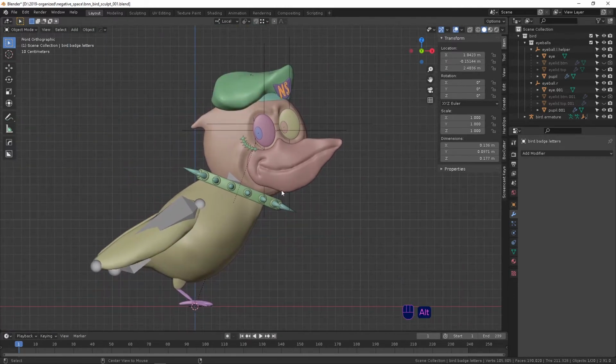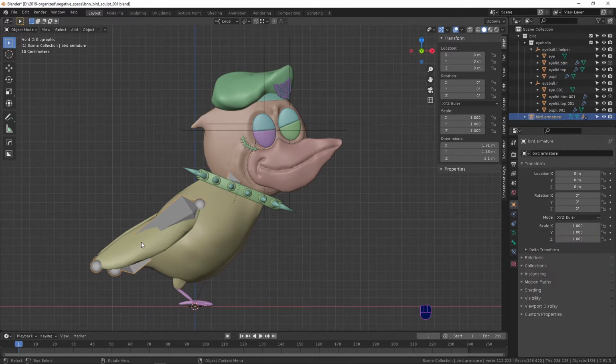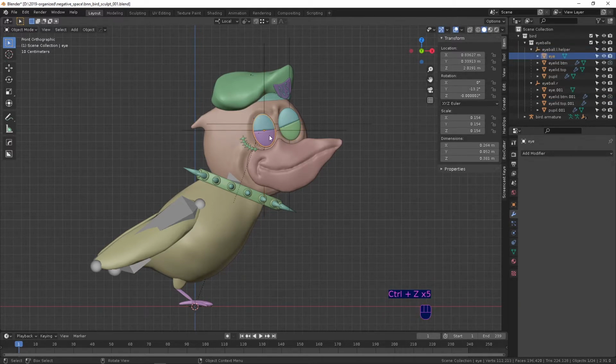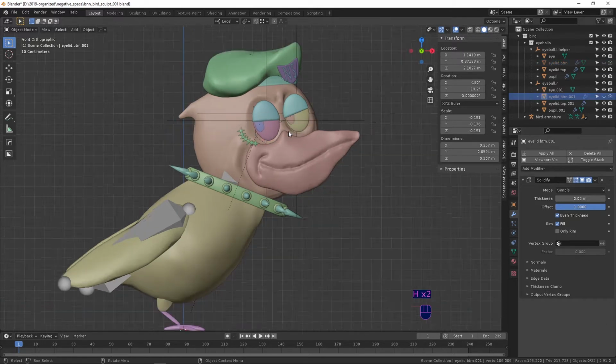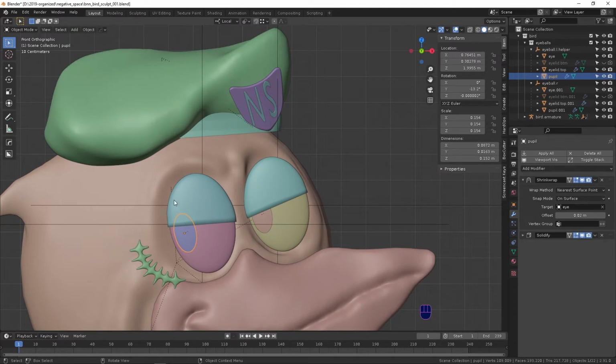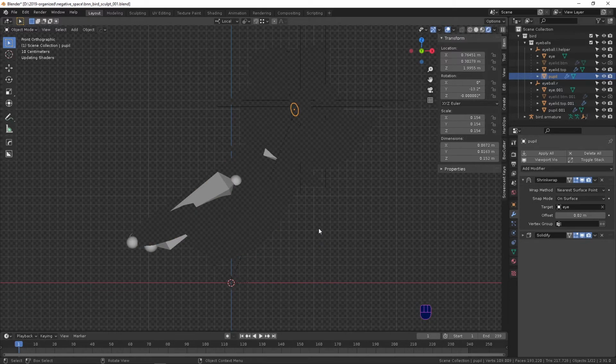As far as animation goes, it's pretty simple. Everything's parented to this armature. The only real motions are the head moving, these going up and down, and the eyelids, whether they're rendered or not, is on keyframes. So there's no real blinking animation. These just pop in, which is good enough for what I needed it for. These are animated just moving on the X, but because they're shrink wrapped, there's a roundedness to them. So now I guess the next thing to do is to get into the shading and materials for everything,